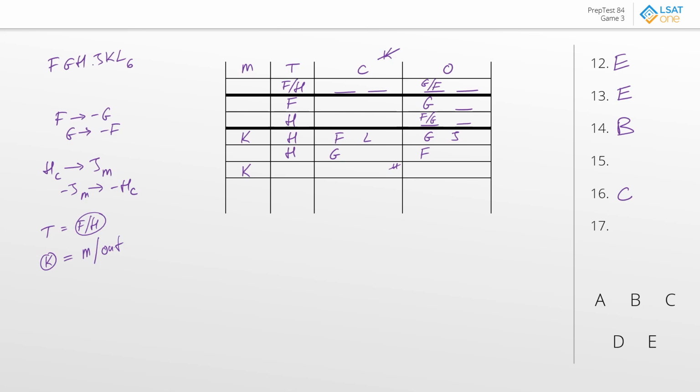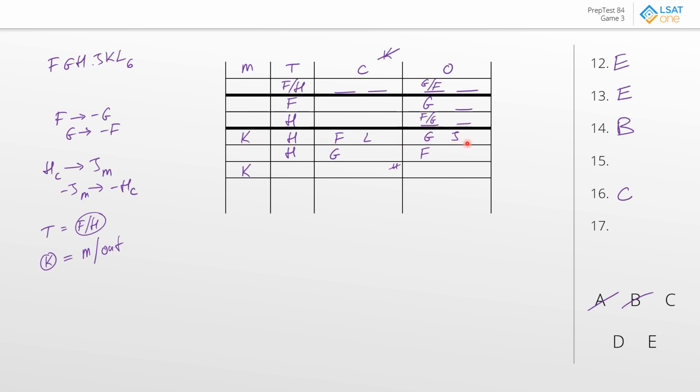Next, number 15. The selection of nominees in the offices for which they run is completely determined if which of the following is not one of the nominees? So basically, who would lock the game if they were out? Well, we can take a bit of a shortcut because we know that in this exhaustive scenario, G was out and it certainly did not lock the game. And in this scenario, F was out and it did not lock the game, which means that answer choices A and B get disqualified.